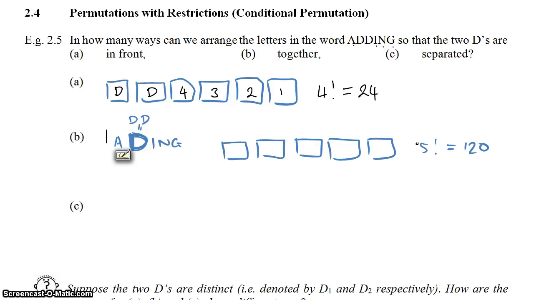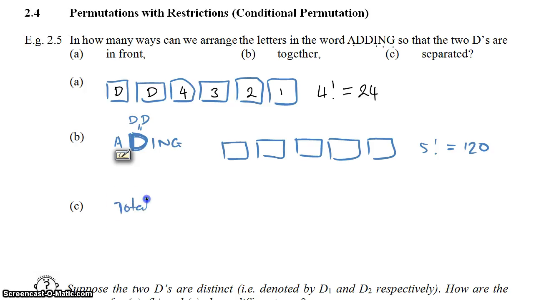What about in part C? So that the two D's are separated. Well, if you're trying to do this from first principles, it's a little bit harder, trying to think about, well, how can I keep the two D's apart? Should I assign one and then see where the other one can go? An easy way, that will work eventually, but an easy way of doing this is you look at the total